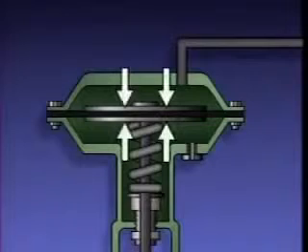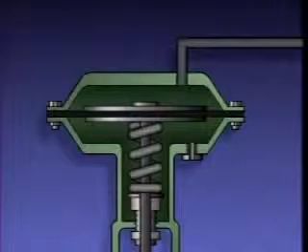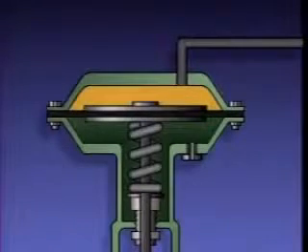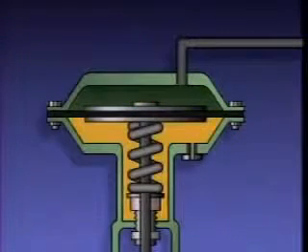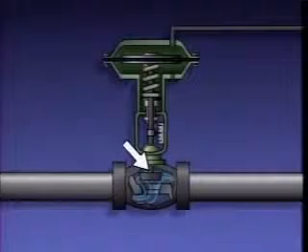The center of the diaphragm is supported by metal plates, and the outer edge is sandwiched between the rims of the upper and lower halves of the casing to form an airtight seal. This arrangement divides the casing into two chambers, an upper chamber and a lower chamber. The upper end of the actuator's stem is connected to the metal plates in the diaphragm, and the lower end